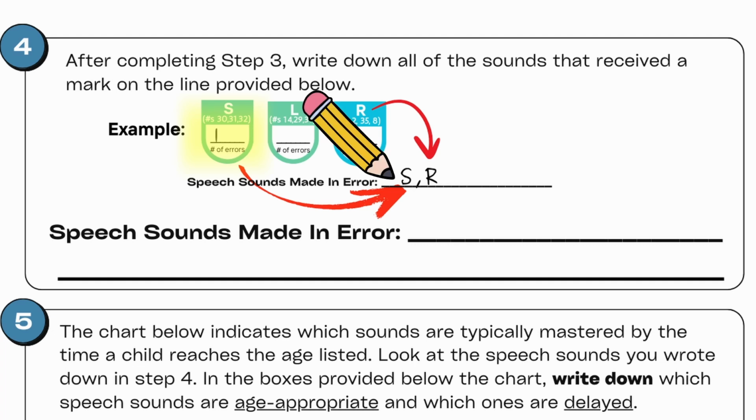So you would come over here and you would write down S. For the L sound, there weren't any tally marks made, and so you wouldn't write anything down. Then moving forward and looking at the R sound, there were tally marks under the sound, so we would write down an R in this space. And you can just go through, and it doesn't matter how many tally marks there are for a given sound. If there are any tally marks at all, you're going to go ahead and put that down for sounds made